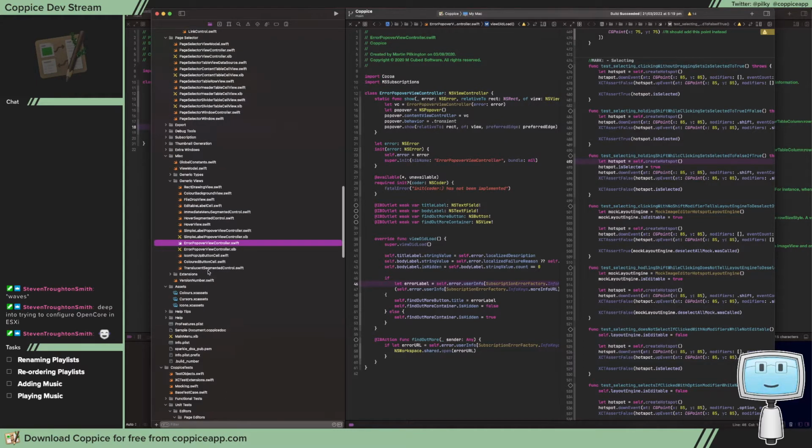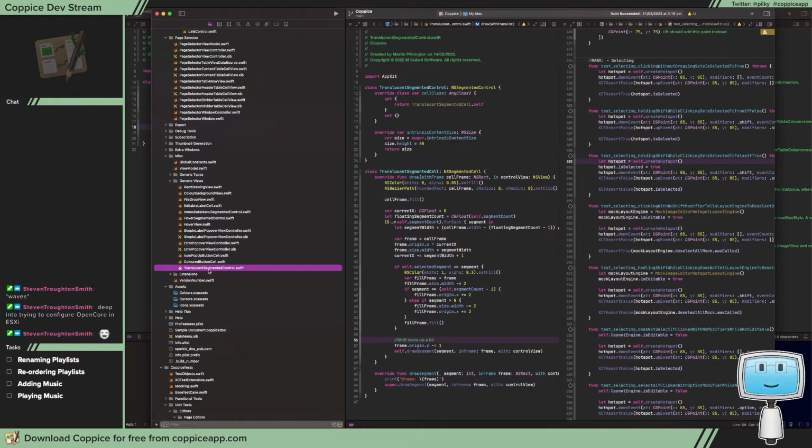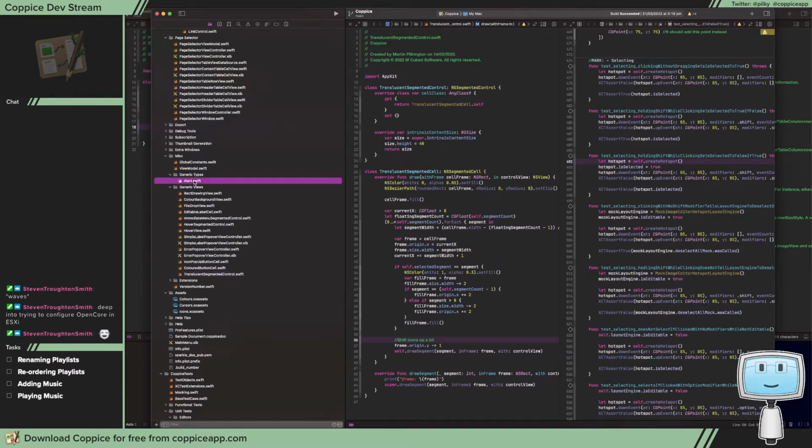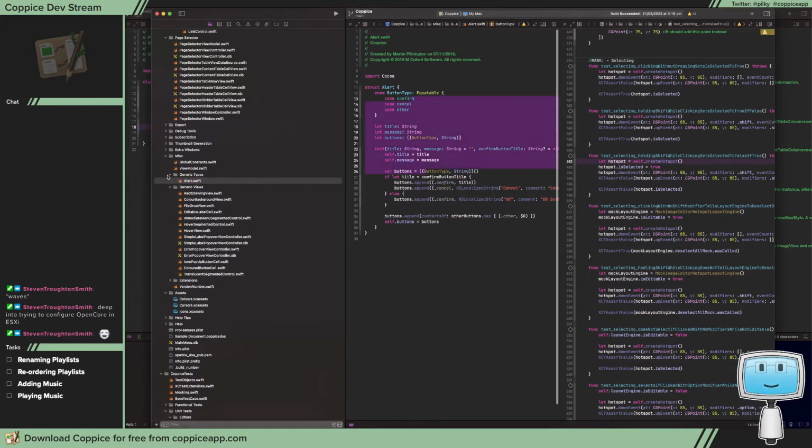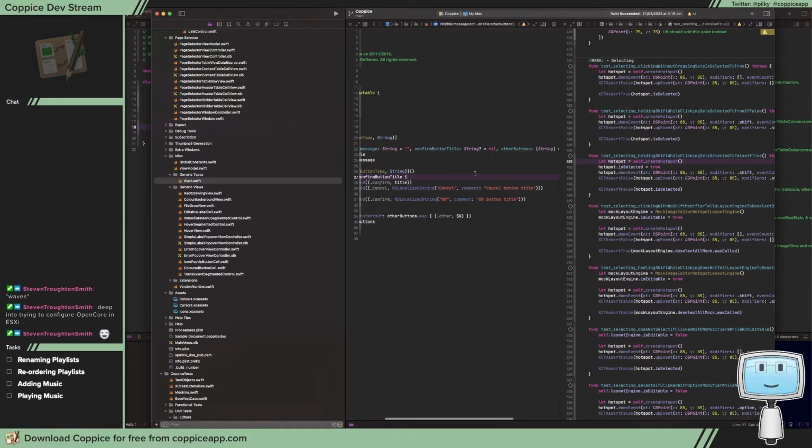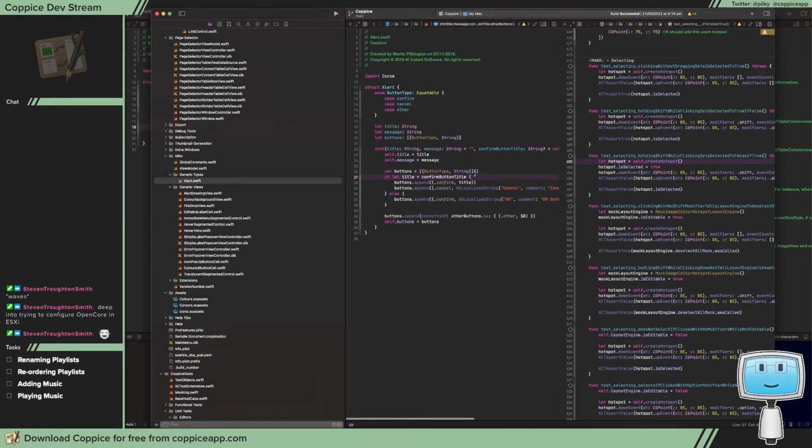All sorts of things. The translucent segmented control, which we built for Coppice's new image linking feature, though that isn't quite as generic at the moment, but you also get a generic alert type here that I believe, I can't remember why I built that,